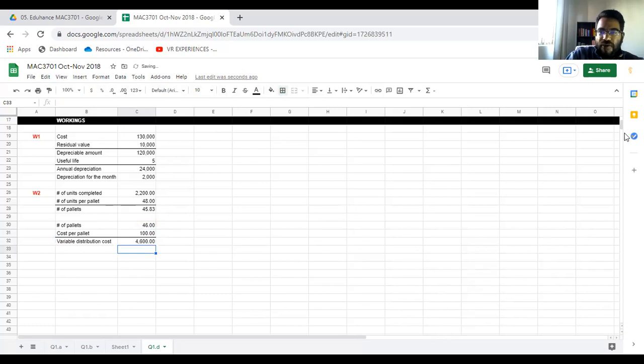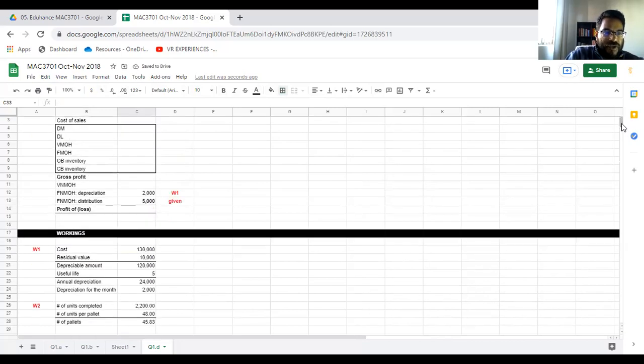So that is 4,600 Rand. So over here, I'm going to put in variable non-manufacturing costs or variable non-manufacturing overheads. I'm going to say distribution. So this is going to be 4,600 Rand. But I just want to make something clear to you